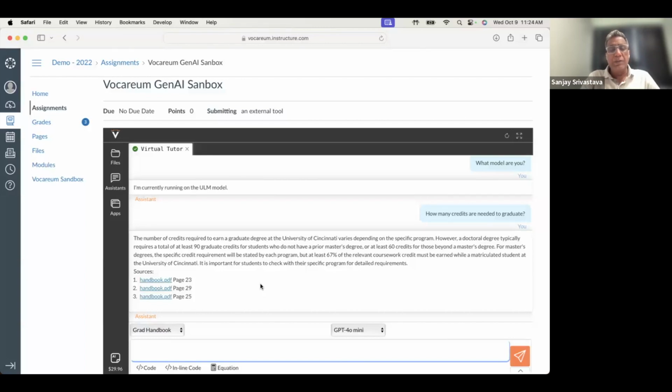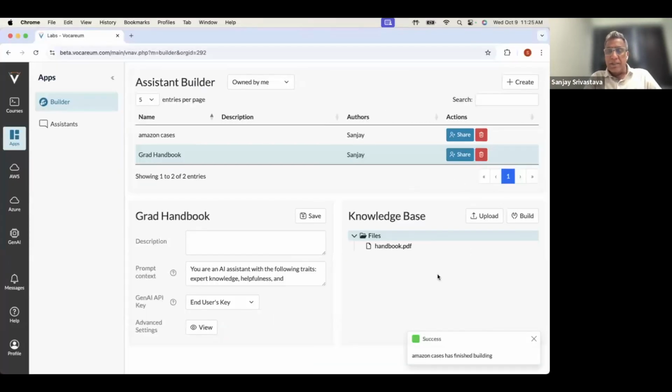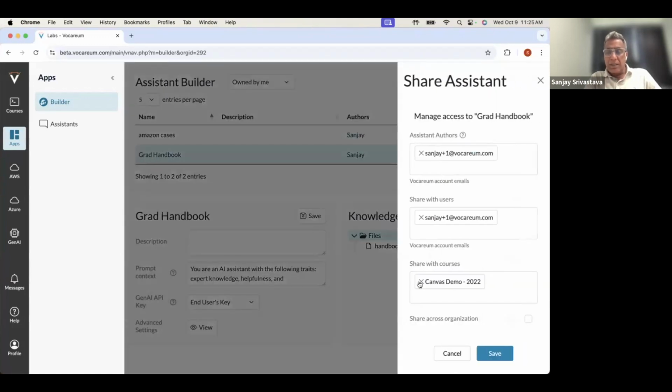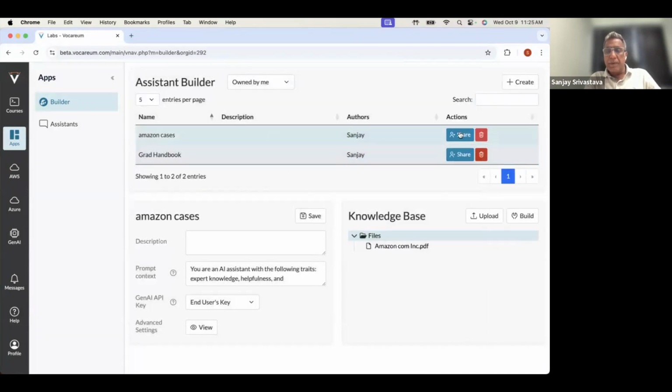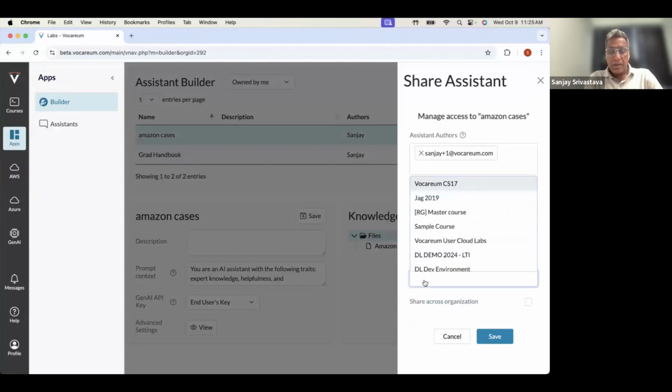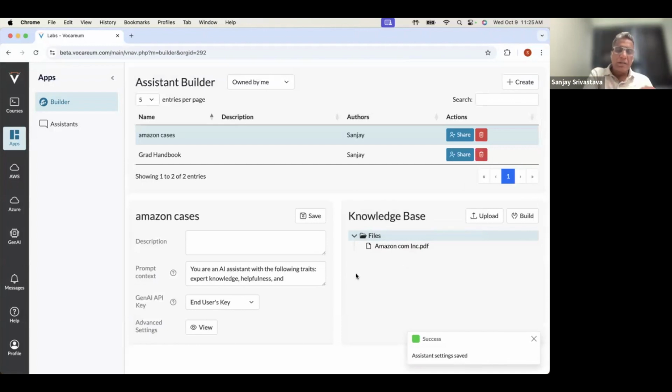So this is one use case where you can use Vocareum Notebook to deliver not only foundational model assistant, but also a custom assistant. Hopefully, if you go here, the model should be built here. It is. Now, let's say I can go ahead and share it again. Oh, no, I'm still on the other one, Amazon, sorry. So now that I've done it, it should again show up as another assistant for that course. So that's how we can deliver